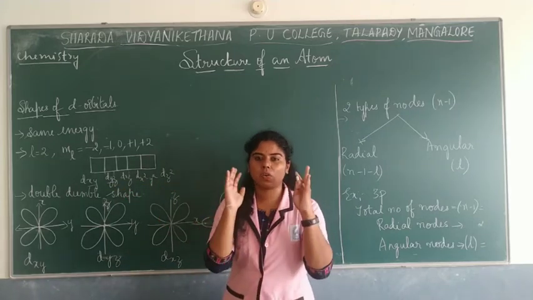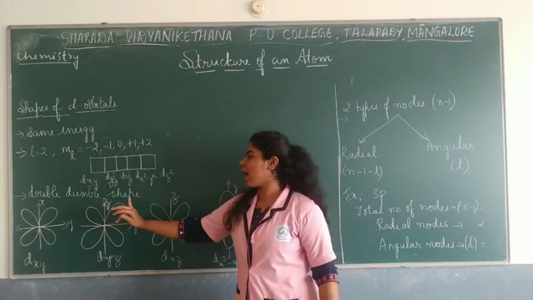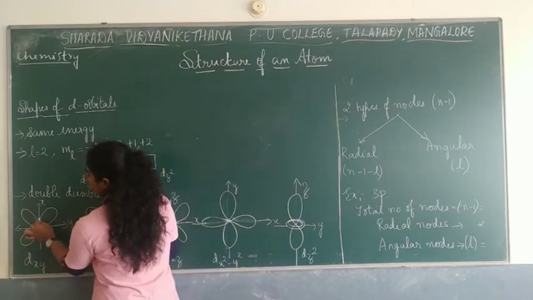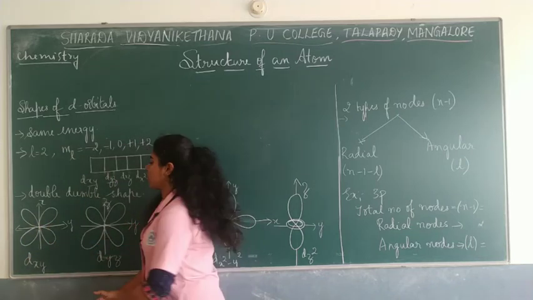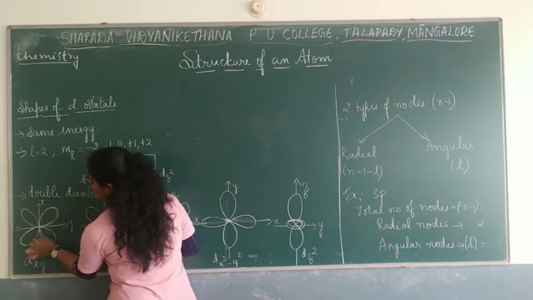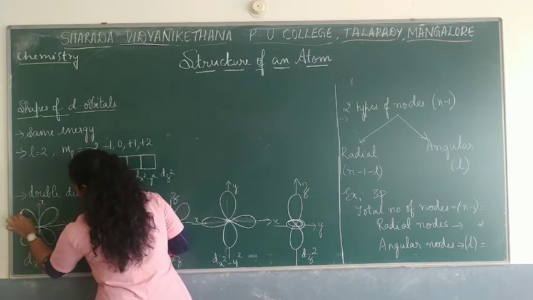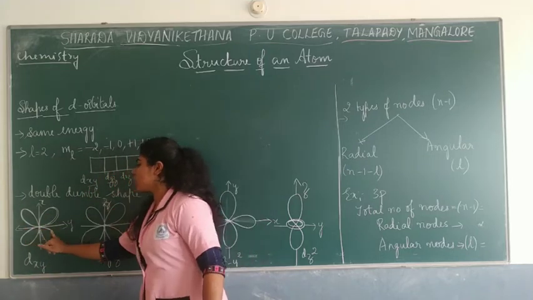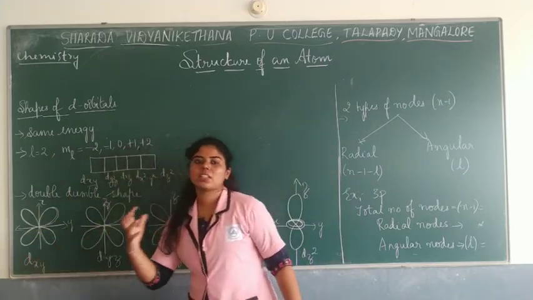But in order to understand it in a simple way, let me explain it by placing it on an axis. If you are talking about dxy, then let me take the x and y axis, and in between there is a lobe which passes through x as well as y. So this is how you draw it. One would be from here x, and then this goes down. This is between x and y, and the other one you would be drawing as a lobe which intersects this. Another has to be drawn from the other side so that it can intersect the other lobe. So this is how you simply represent this dxy orbital.